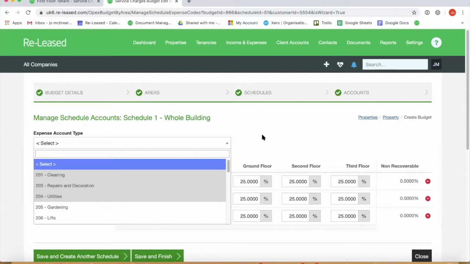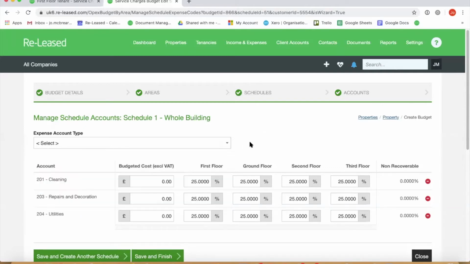I'm just going to have 3 for this particular example. And I then come here, you can see it's defaulted in all of my percentages for all of the different areas. And I'm going to put my budget amount. So I'm going to say 2,000 for cleaning, repairs and decorations, 5,000, and utilities,